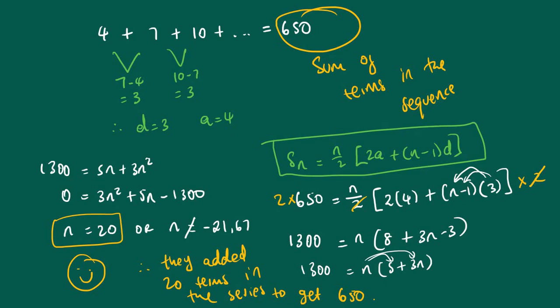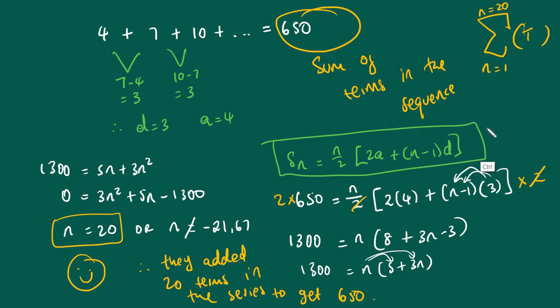So now that you know that they added 20, now you can write this in sigma. Oh goodness, it's going to be a bit of a lot. We are not done. Remember, we need to write this in sigma. The sad thing about sigma is that you need Tn. Here we know that we are starting from 1 until position 20 because it's 20 terms. But then inside there, we need the Tn. So to get the Tn, we'll have to use